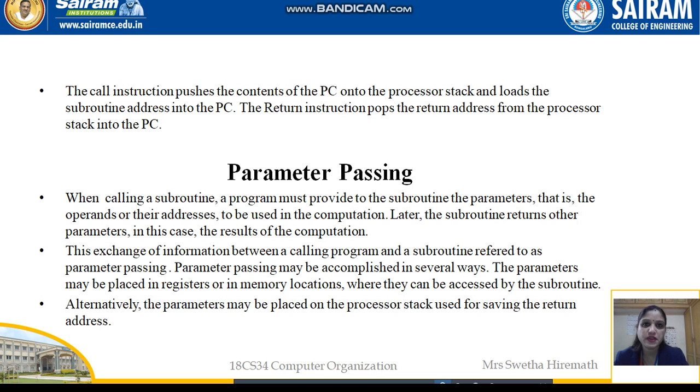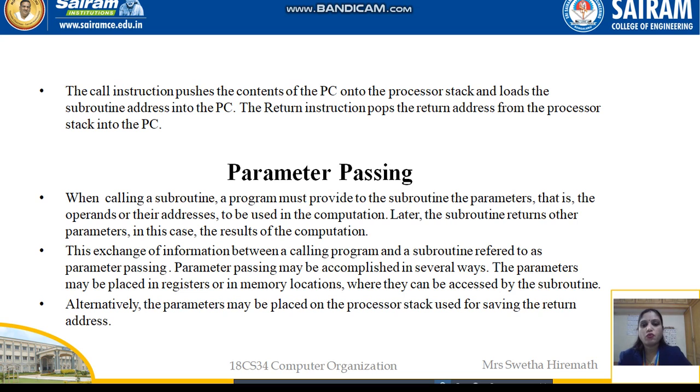So in the last video I was explaining to you about the subroutines and the processor stack, how the return address from each subroutine will be stored in the processor stack in order to return to the previous subroutine which has called it. So each and every time whenever a subroutine calls another subroutine, its address will be entered into the processor stack. Whenever it returns to the previous subroutine which has called it, that time the address will be removed from the processor stack. For this we make use of a special type of register called a stack pointer. So this was about the subroutine and processor stack.